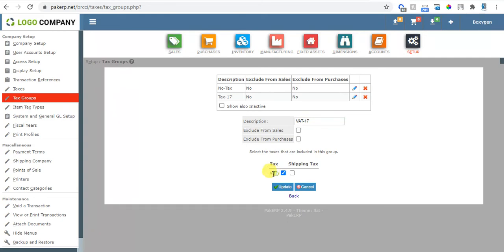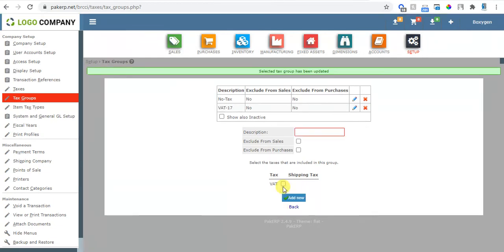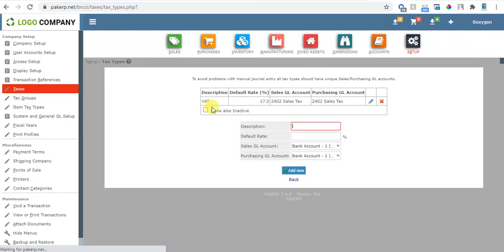This VAT is coming from here, taxes. So now we are linking this tax group VAT 17 to this VAT. Let me update it first, and I will explain further.